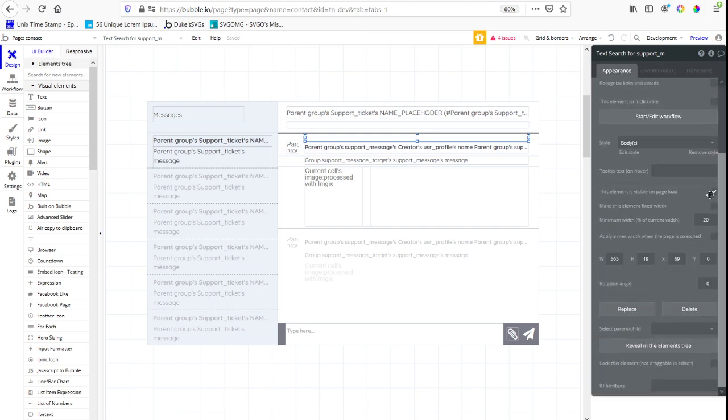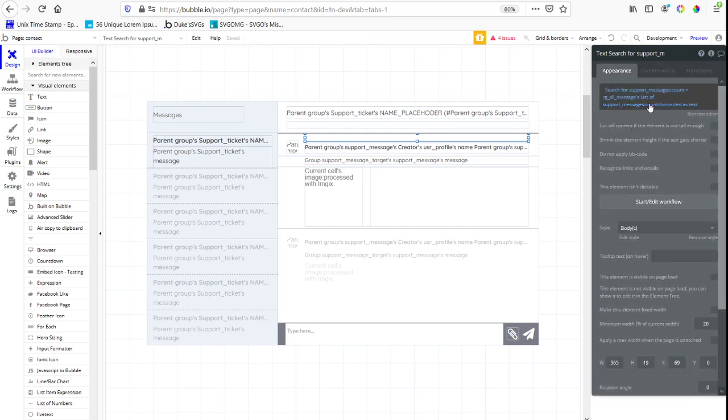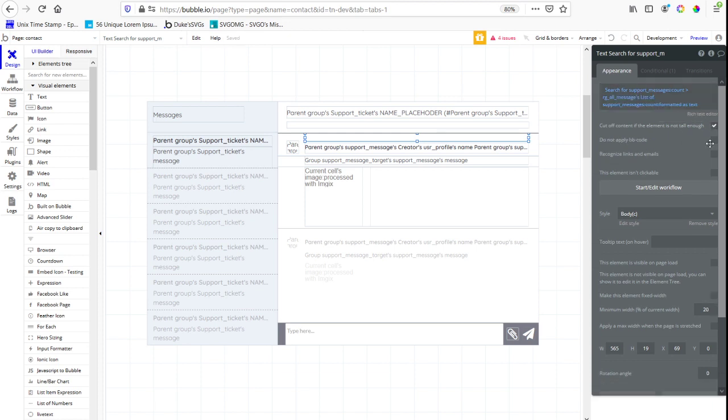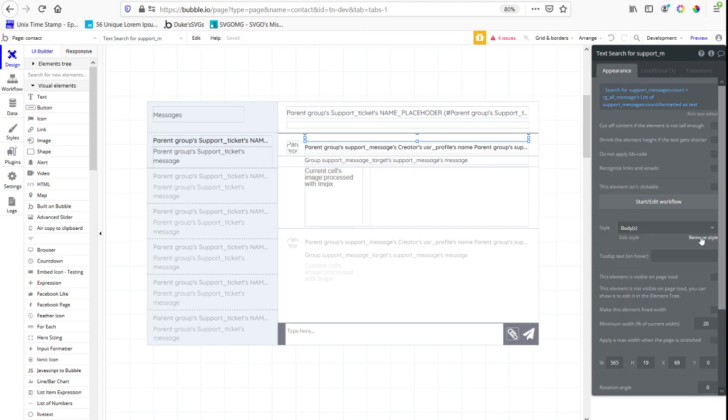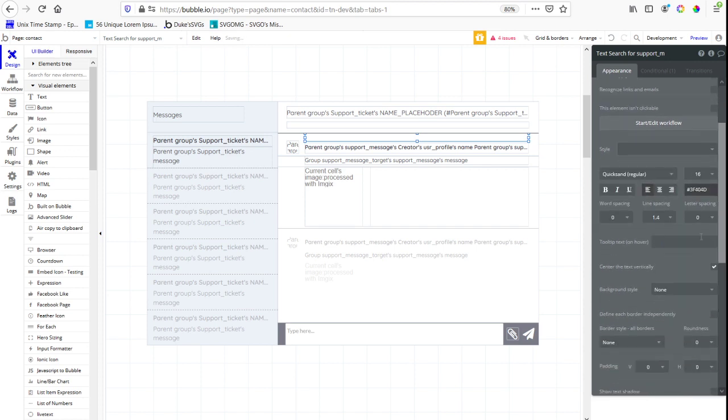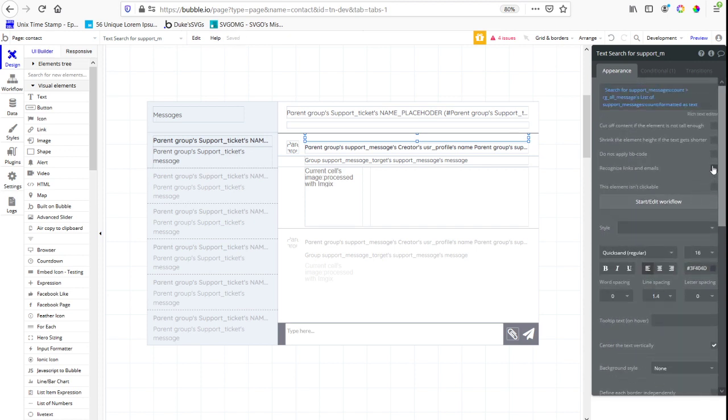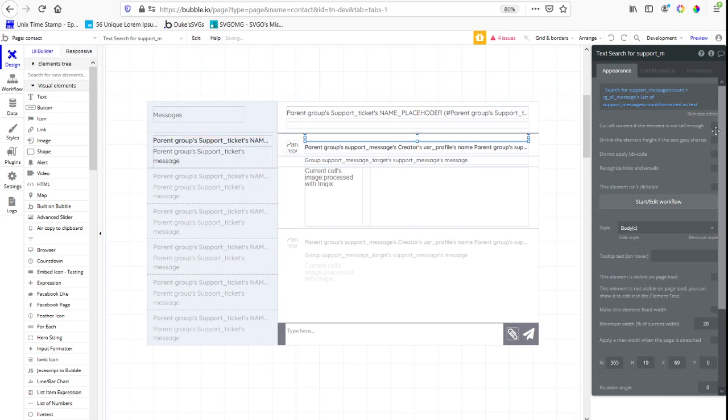Otherwise, not visible. And the other thing we're going to do is say format as text. We're going to cut off element if text is not long enough. No, not cut off. Sorry, the other way around. We're going to shrink, remove style. I think I have to remove the style to shrink. Did I? No, I didn't. So I can shrink it,